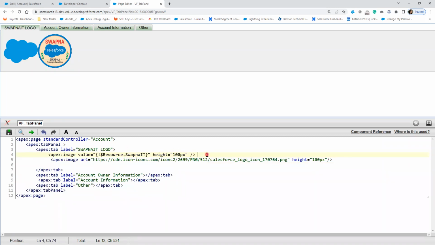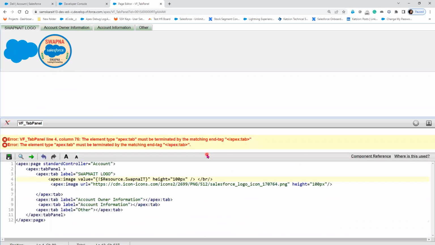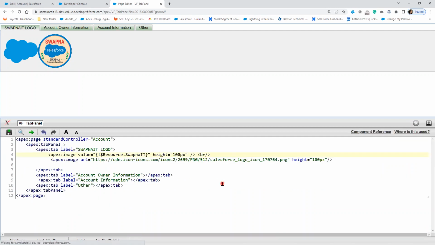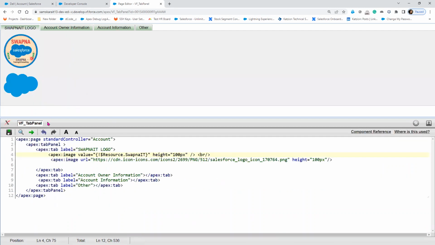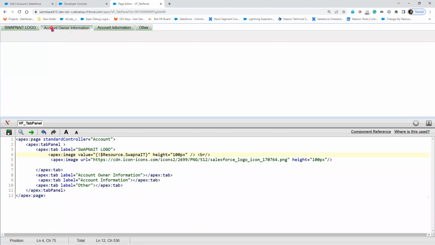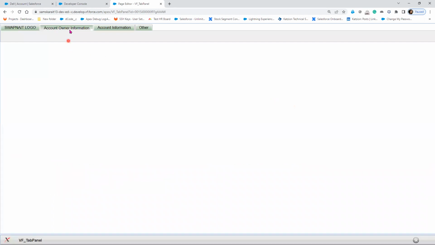And then I'll give a breakpoint here, inside the apex. Now if I go to the account information, it is not displaying